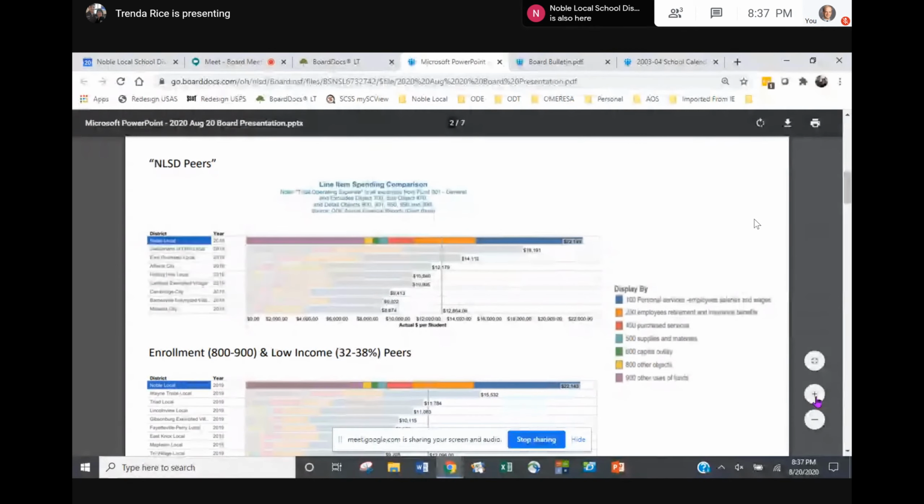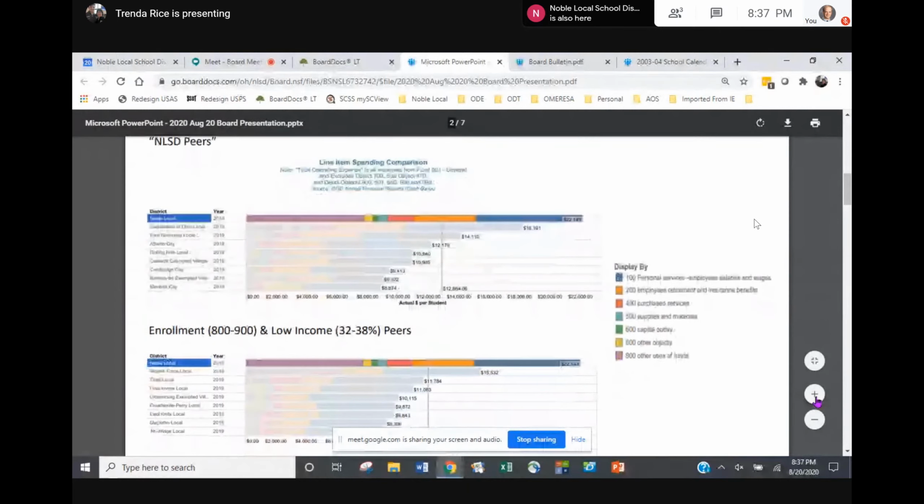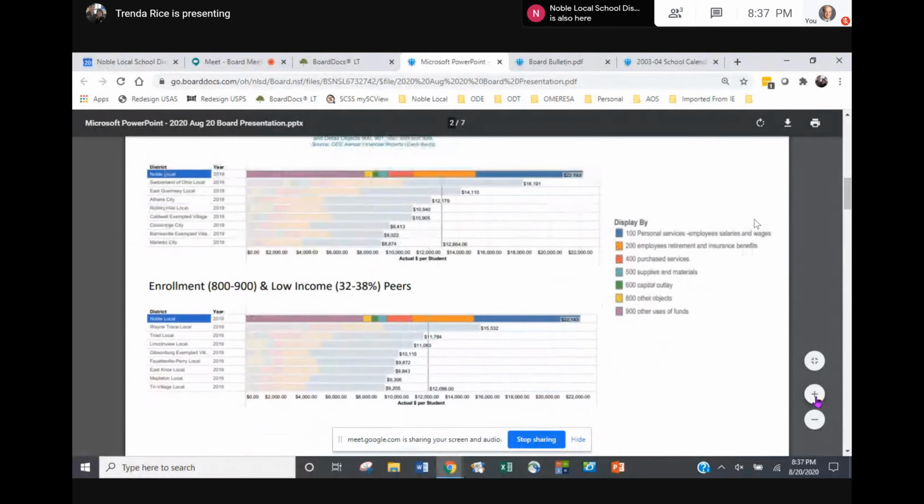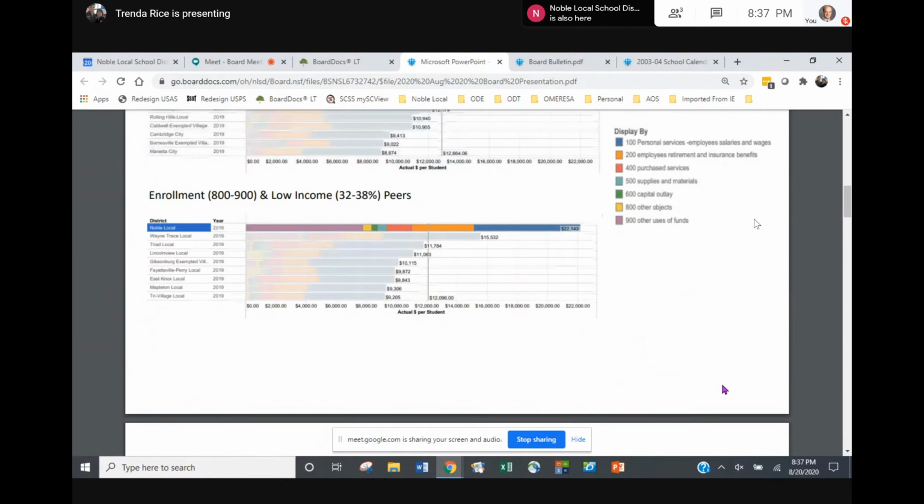Okay? Now, keep all that in mind and then look at the bottom chart, which is districts who have similar enrollment and similar low income qualities, meaning 32 to 38%. And among them, we are also considered one of the top spenders. On the next slide,